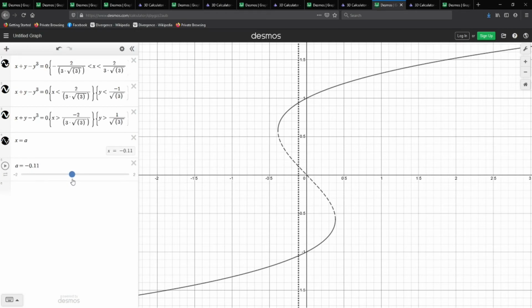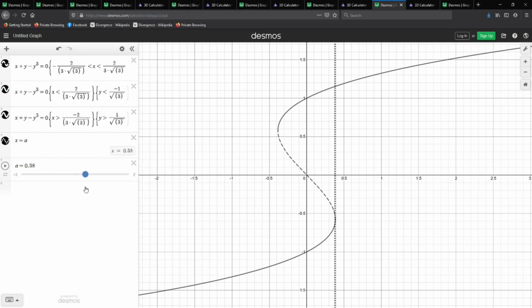And then when lambda is between negative 2 over 3 root 3 and positive 2 over 3 root 3, you have the appearance of three critical values of our function, and you have a loss of stability in the middle one. The middle one is unstable. The other two are stable, and that happens all the way up until